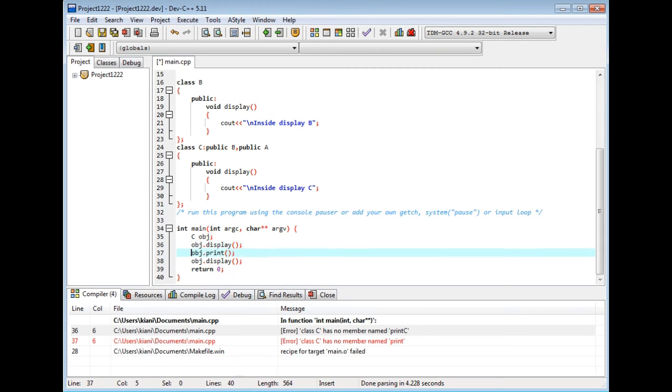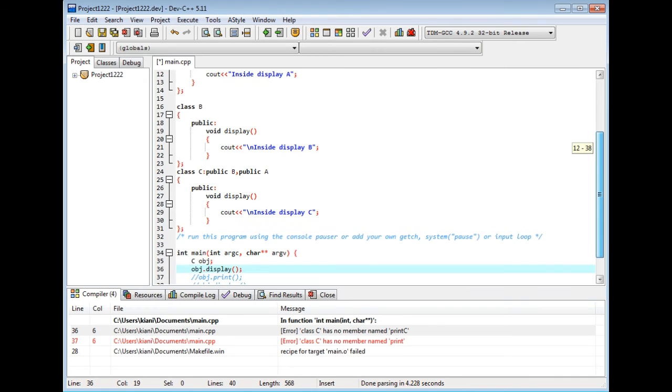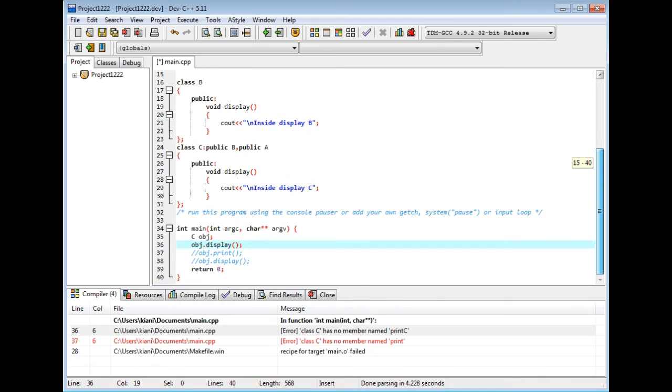Now we should close all others. Okay, obj dot display. So this time obj will display its own function, display. There are three displays, but obj will display its own version.